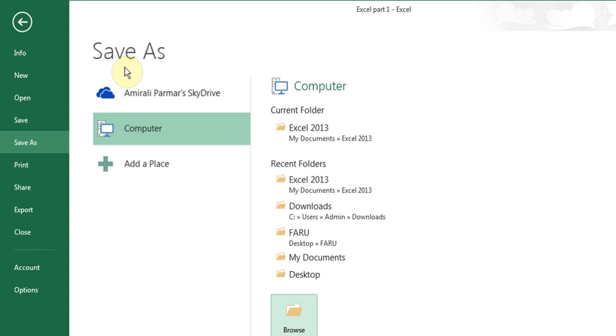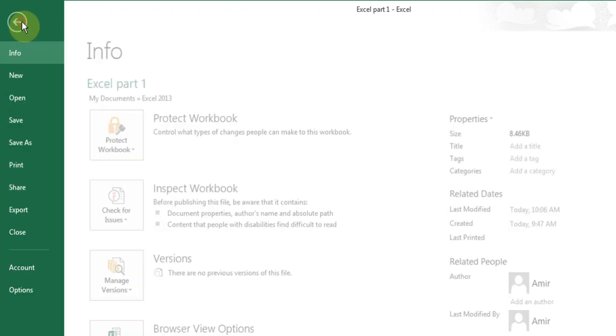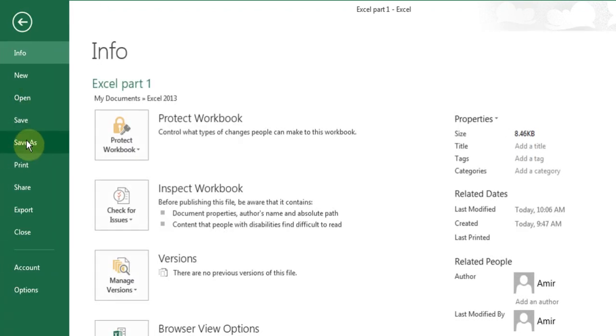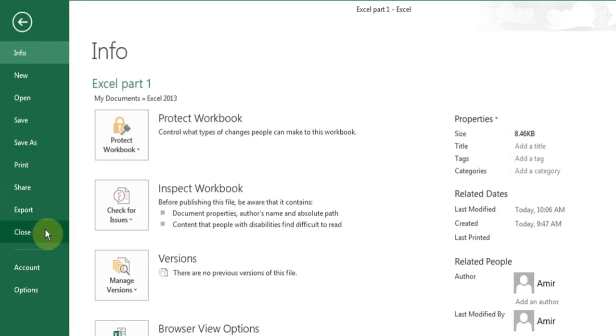So that's the difference between save and save as, because now if I keep hitting the save button, it will keep saving it as that file. When I want to save it as a different name, that's when I use the save as option. So that's the difference of save and save as. Okay. And now let's just look at closing and opening the file. So if I click here and I close this file,